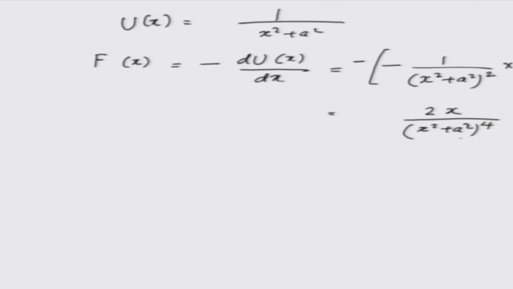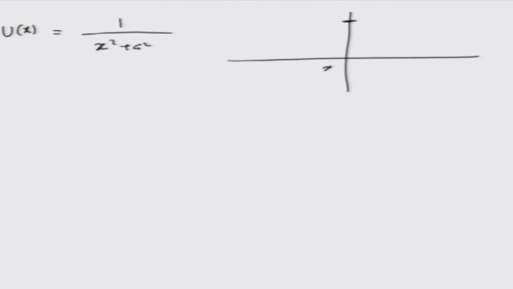So, you can see that F(x) is greater than 0 for x greater than 0 and F(x) is less than 0 for x less than 0. Therefore, if a particle is on the negative side of the x axis, it will tend to go more and more towards the negative side, it will be pushed away, and similarly if it is on the positive side, it will be pushed to the right. Let us look at it from the plots. If I were to plot U(x) equals 1 over x square plus a square, the plot would look like this: the potential is maximum at x equals 0